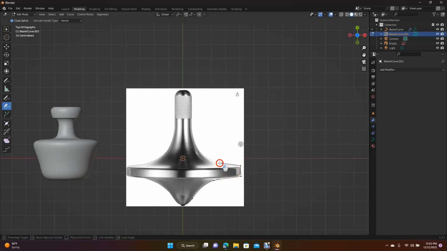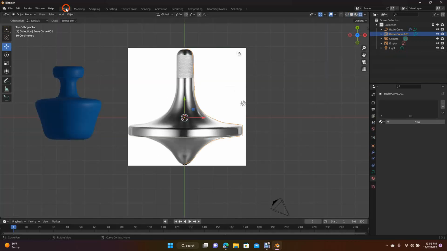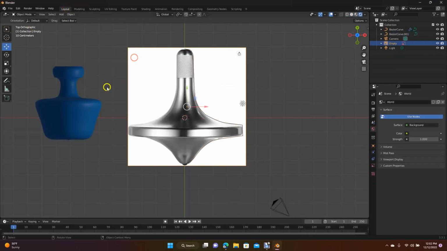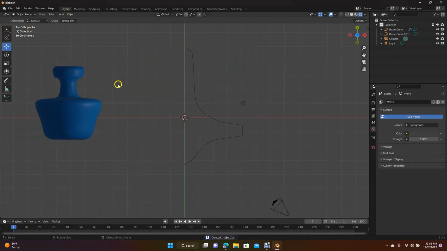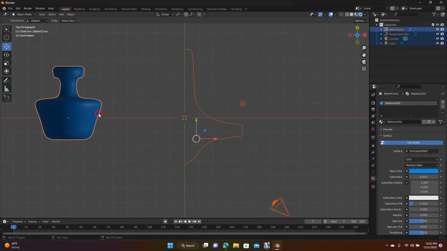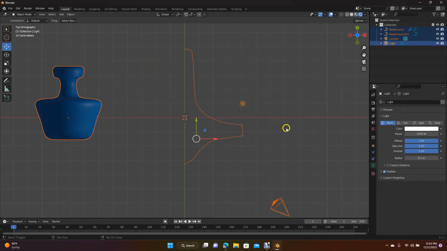Just make sure you don't go too far away. If you want it to be more accurate, put a lot more points in there than you normally would. And then just start curving when you need to. And then remember to go back to layout when you have it done. Select the graphic, hit delete, hit A on the keyboard, and then if you have to deselect stuff, just select everything you have to deselect,